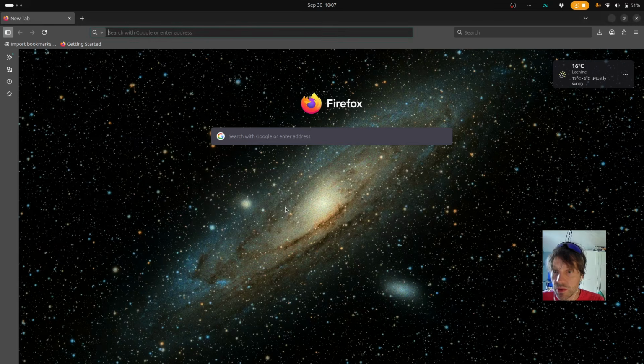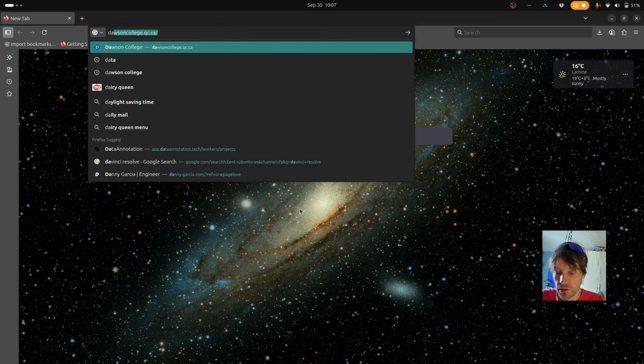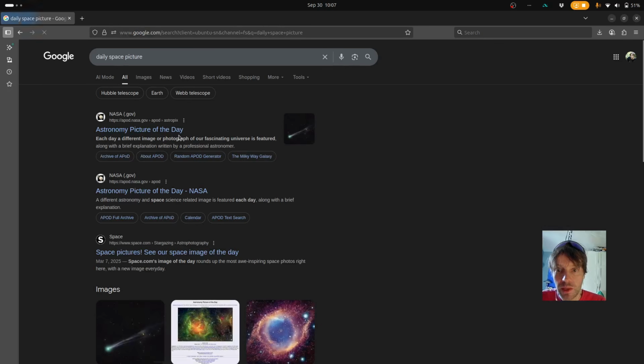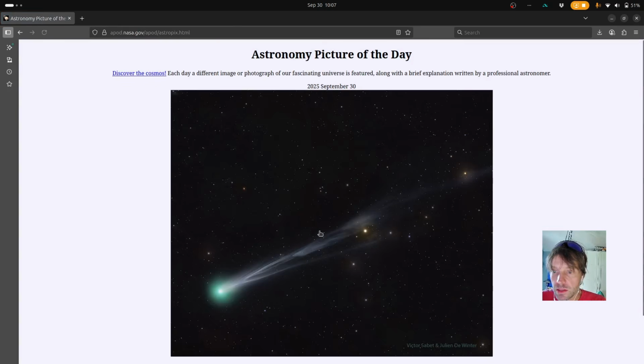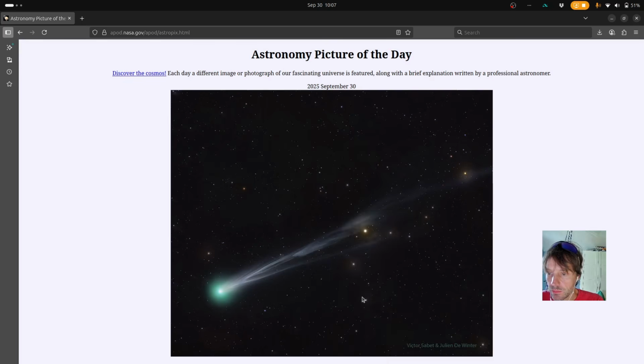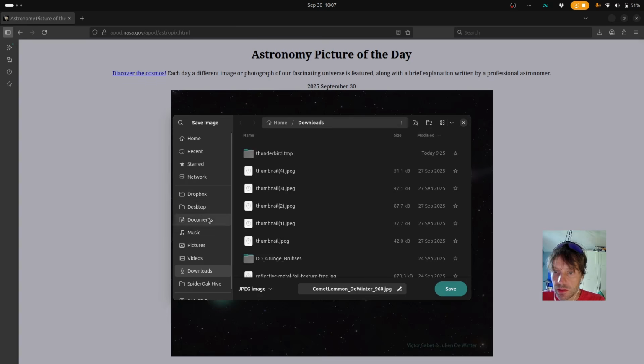So this is kind of nice, and adding an image could now go to the browser. Maybe something, the daily space picture from NASA, picture of the day, astropics. Wow. So today is September 30th, 2025. I'm gonna link to this picture, or we'll save it. I can save it basically directly to the desktop,